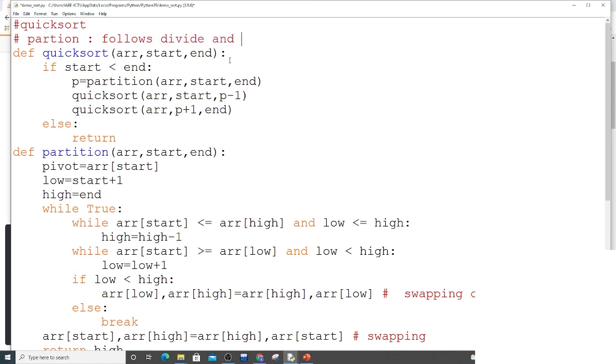For every divide and conquer step, it takes order of log n. As it repeats n times, because it has to call it n times, the total is order of n log n.